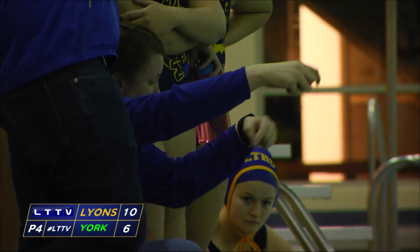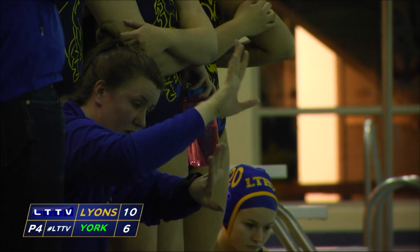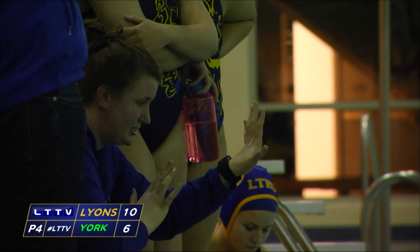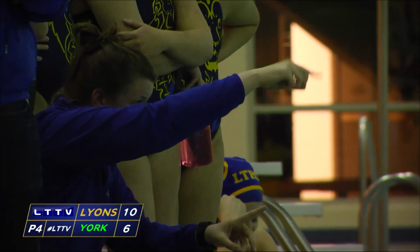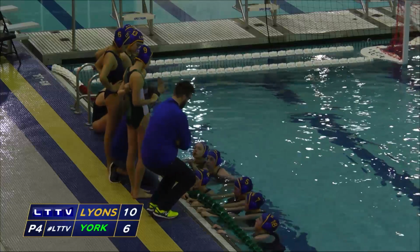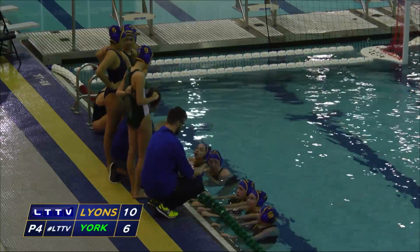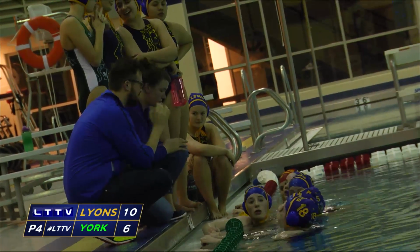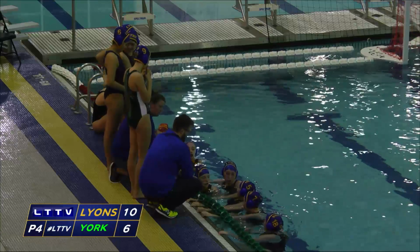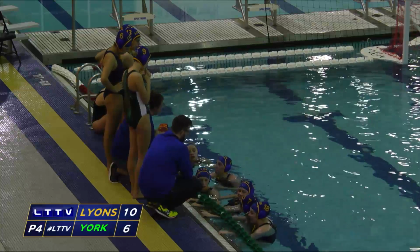And, you know, we look at LT. They have a 4-point lead. They're up 10-6. Would you say that LT needs to really play more conservatively, consolidate what they have, and really just play it for the long haul, or would you think that they shouldn't stop attacking and continue to try to grow this lead? Well, I'm sure any team would want to make sure that they take advantage of their lead